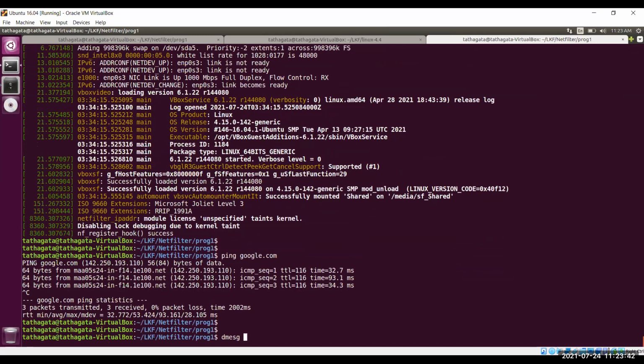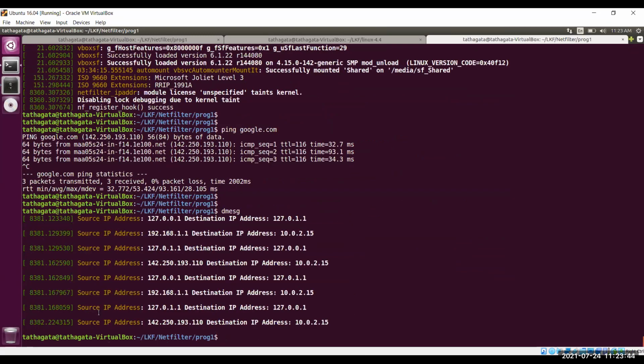Now you can see that packets are getting sent from my machine to the other. This is the VirtualBox which is connected to the Windows, and this Windows is connected to the router. So lots of packets are going in between. But if it is on one of the end devices without the virtual machine, then this will be the packets you can see.